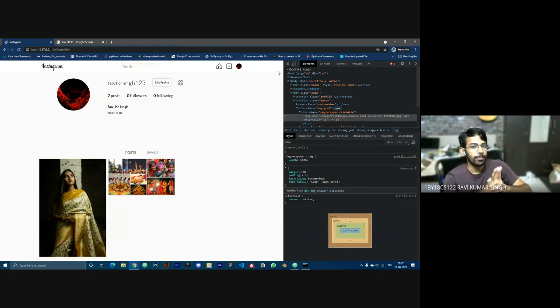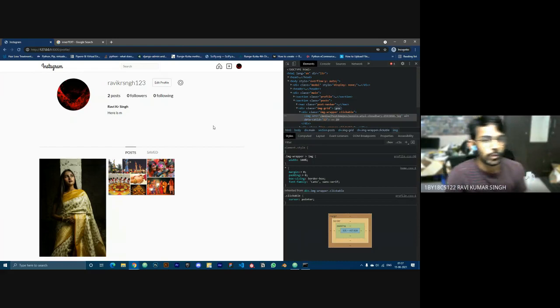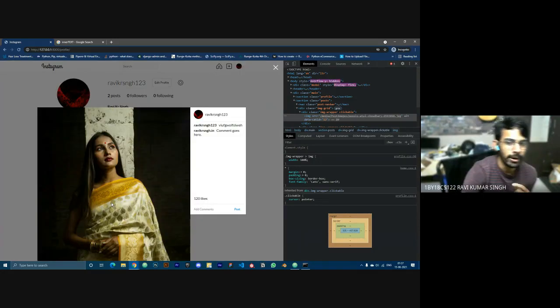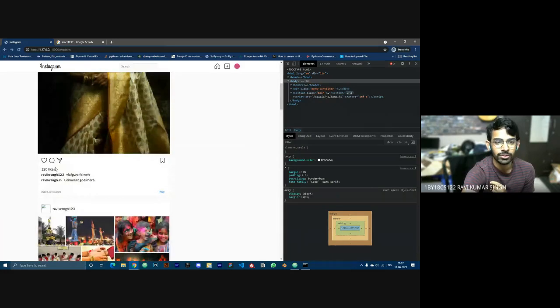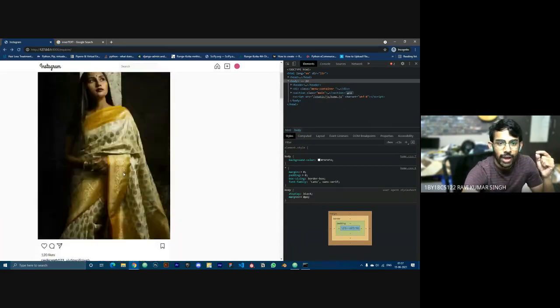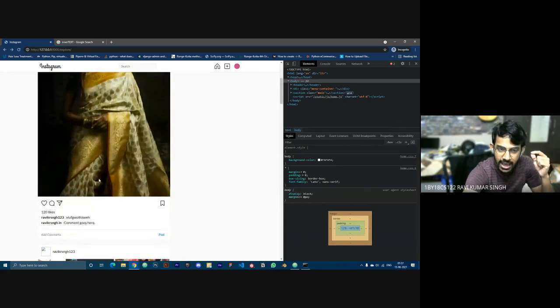This is also very important, guys, because a lot of places we have to use it here. So once we are done with this, I am not going to tell you about the like and the comment button. You guys have to figure that out by yourselves, because it will be involving the same things. As soon as you click on it, you have to pass the same ID of this particular post which is clicked, and you have to increase the like by 1 for this particular post.